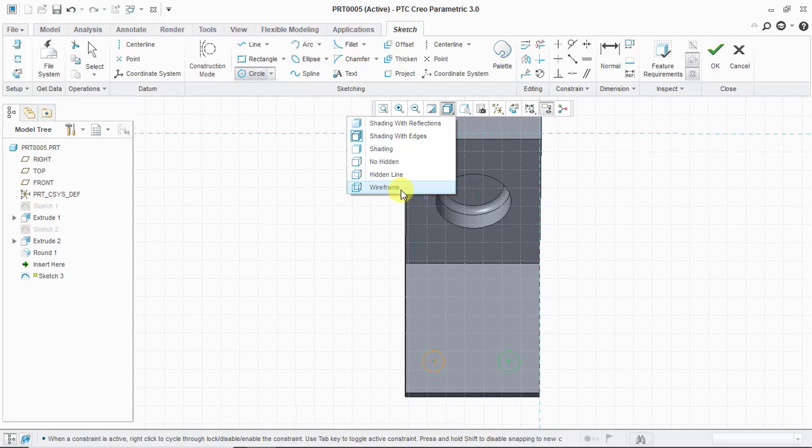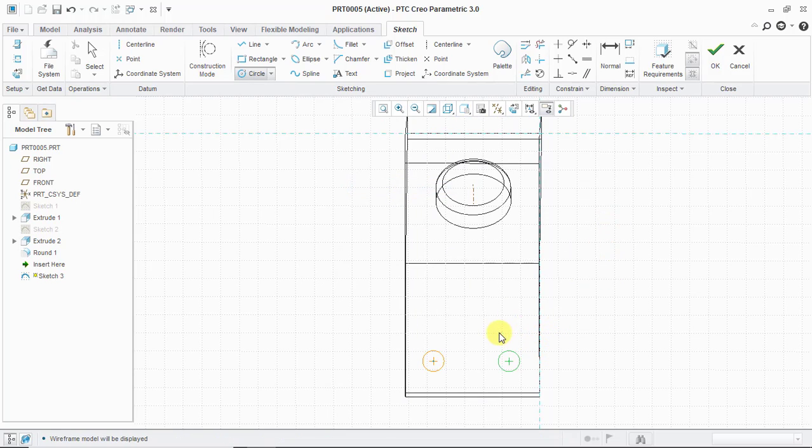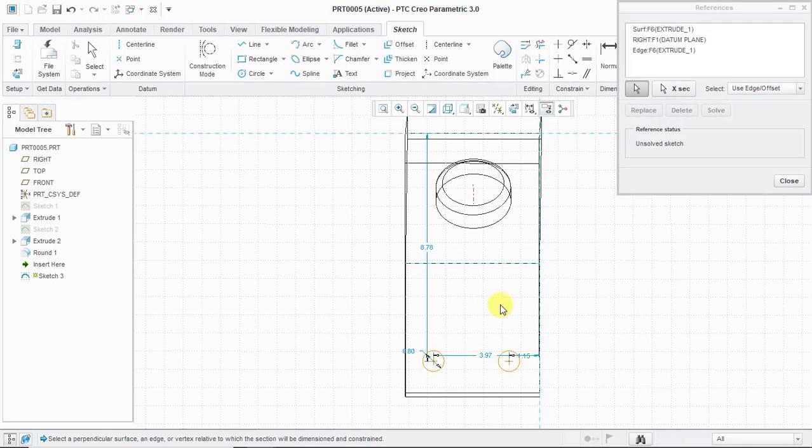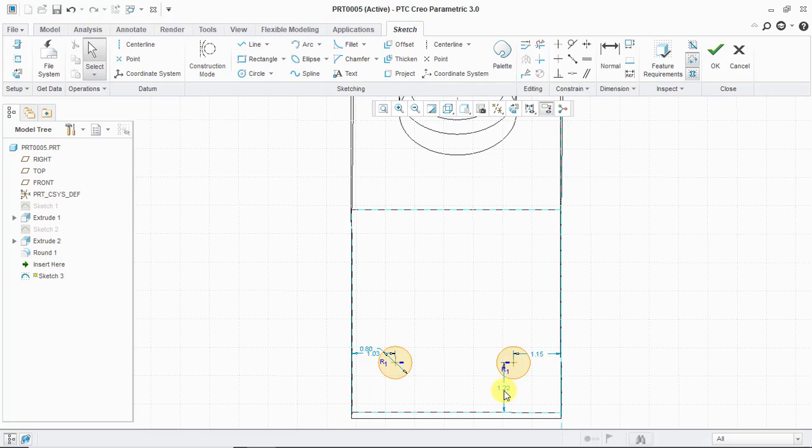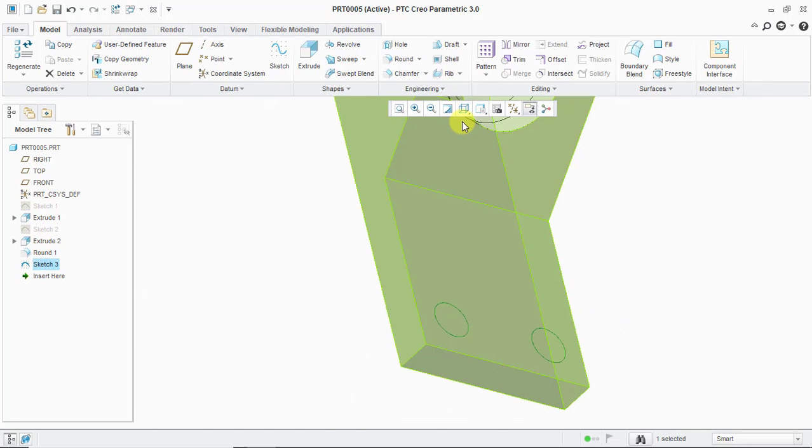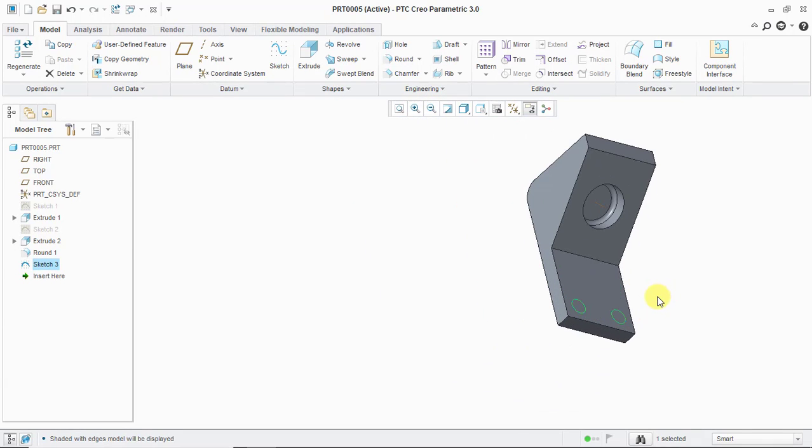Again, I'm turning off the shades, and the distance is 1. This is also 1, and the diameter is again 1 inch. Okay, so click on OK and turn on the shades and